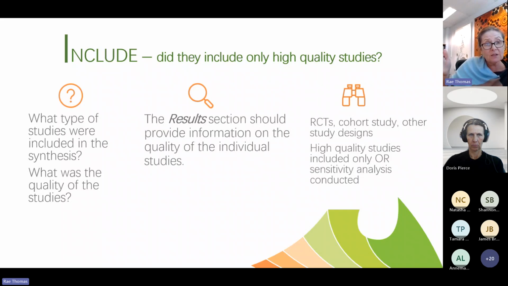Where will I find this information? I will find that in the results section mostly. And what am I looking for? I'm looking for language like only high quality studies included. Sometimes when you include lots of different studies, you might do a sensitivity analysis, another phrase you'd be looking for. Or you'd be looking for, we only included randomized controlled trials, or things like that relevant to the research question. But what are the things that they've talked about that tell you they've actually thought about what to do with the high quality studies versus the low quality studies that they've appraised?